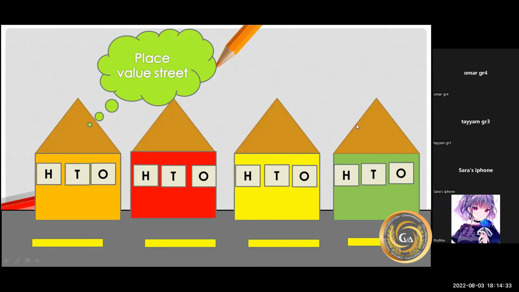What's your name? But what is the meaning of your name? The place value. So when I ask you about the place value, what do you write? Write the house name. Now, what about your name? I don't have a name. I don't know. So the first house has no name.